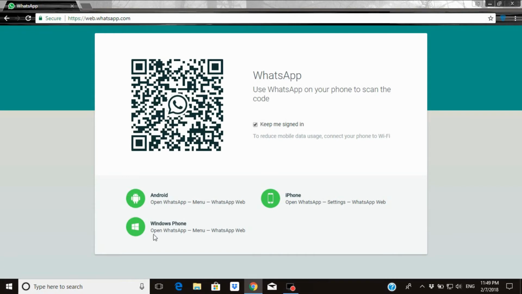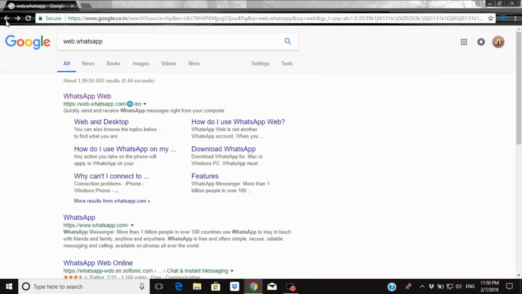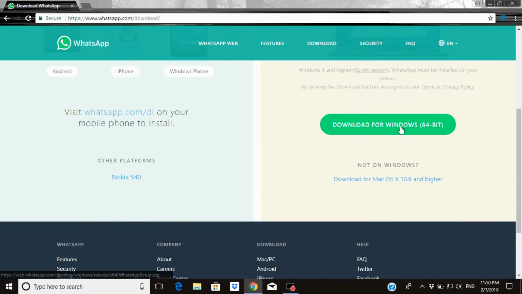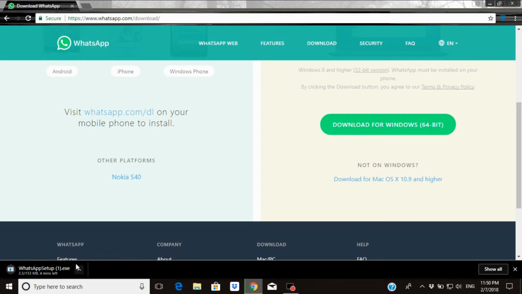This is the WhatsApp web portal, and if you want you can download this. Go back here, you can see the download link. Just click on it. Here you are seeing the WhatsApp download portal. Here you can download for a 64-bit computer. Just click on it. See, here you can see the download started,